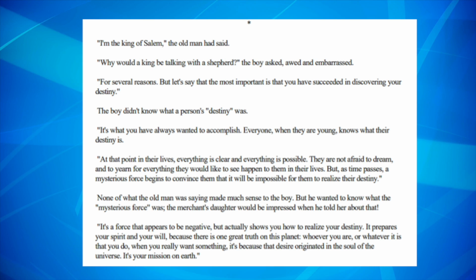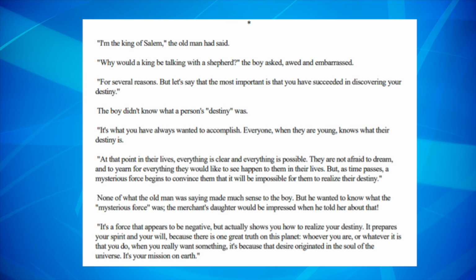The boy didn't know what a person's destiny was. It's what you have always wanted to accomplish. Everyone, when they are young, knows what their destiny is. At that point in their lives, everything is clear and everything is possible. They are not afraid to dream and to yearn for everything they would like to see happen to them in their lives. But as time passes, a mysterious force begins to convince them that it will be impossible for them